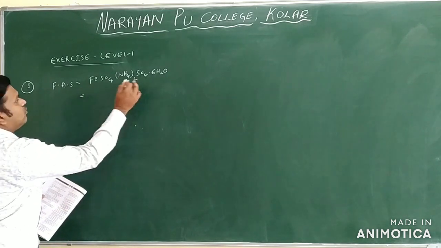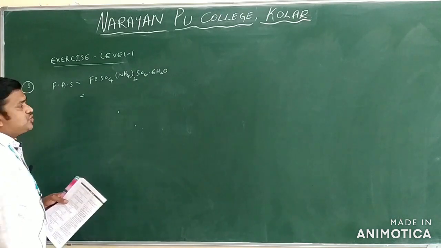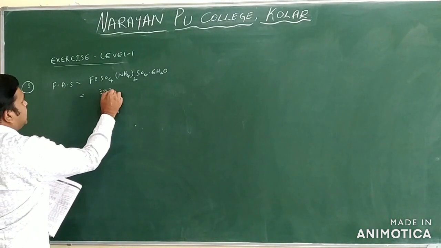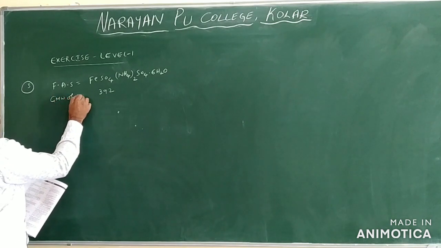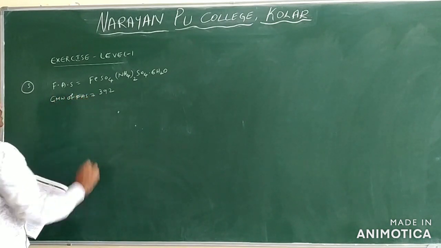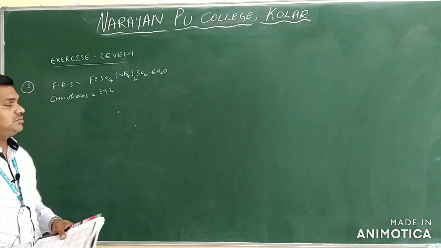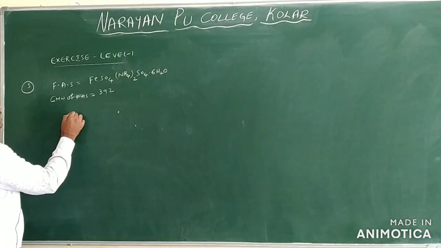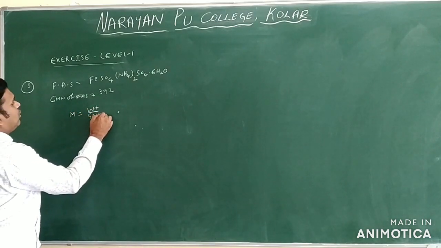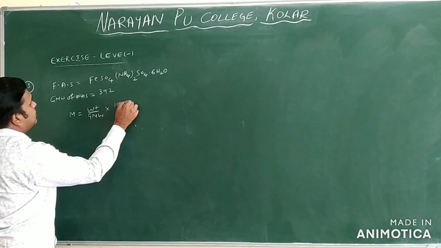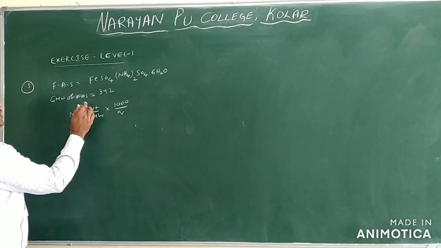If we find the molecular weight of a compound, you add all the atomic weights of each element only. You will get 392 here. This is the gram molecular weight of FAS only. Initially they took 3.92 g and prepared 100 ml of the solution. Now I want to use the molarity formula. Molarity is equal to weight by gram molecular weight into 1000 by volume. So I want to find the molarity. Weight, how much do we have?